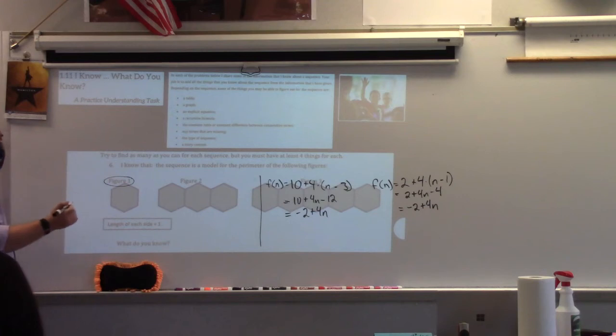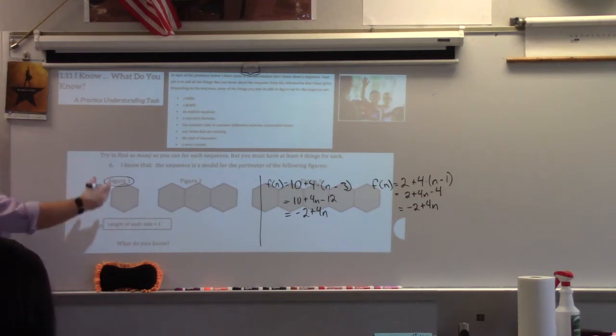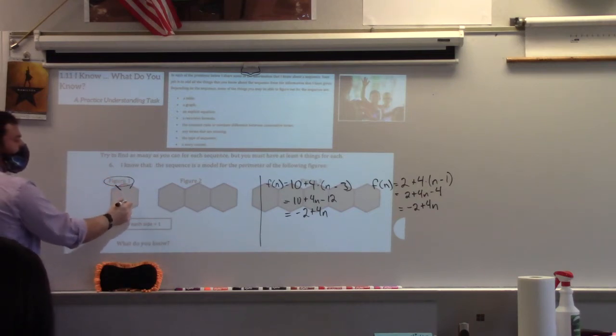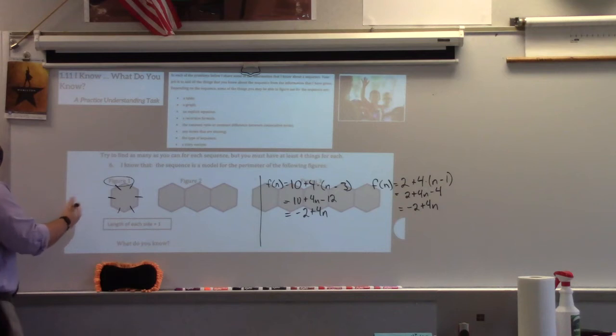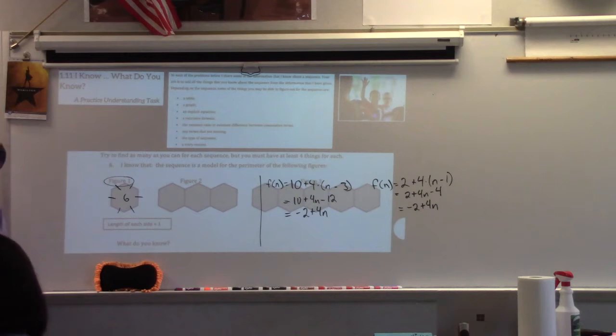Now, I want to point this out for that figure 1. Hey, gentlemen, I need you paying attention. The easiest thing to do, and for all the figures, is I would mark through the sides as you count them so that you don't make a mistake. So figure 1, there are 6 sides, or 6 is the perimeter. When I look at figure 2,